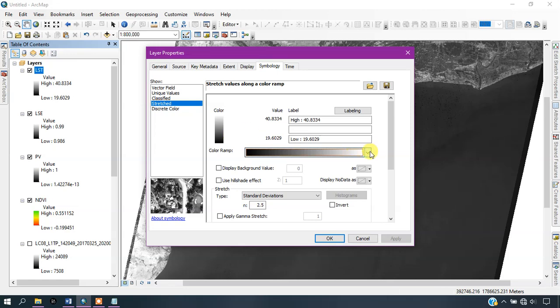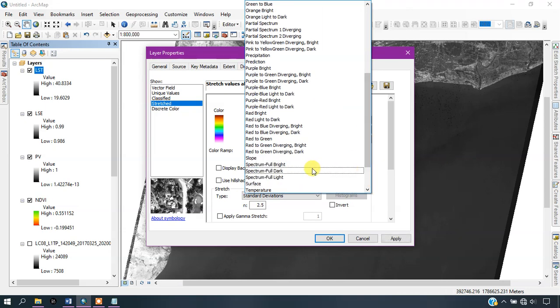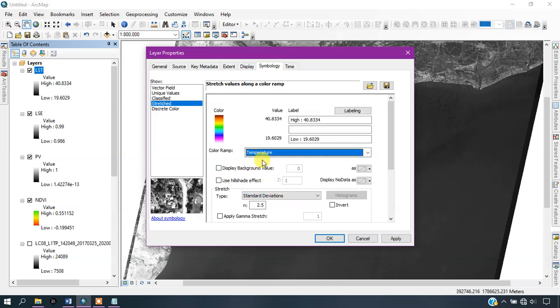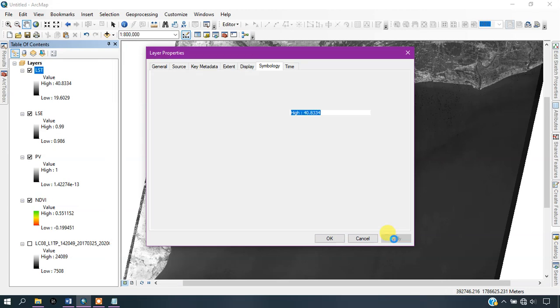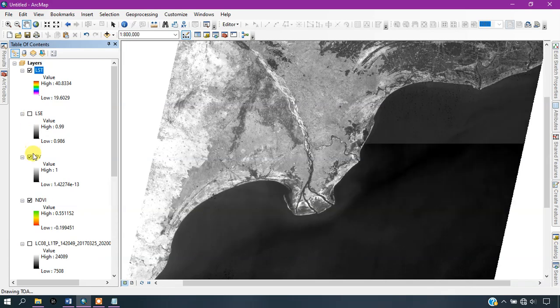Just right click here. I am just disabling the graphic view. Now I am going to select the temperature color scheme, just applying it here and removing the previous results.